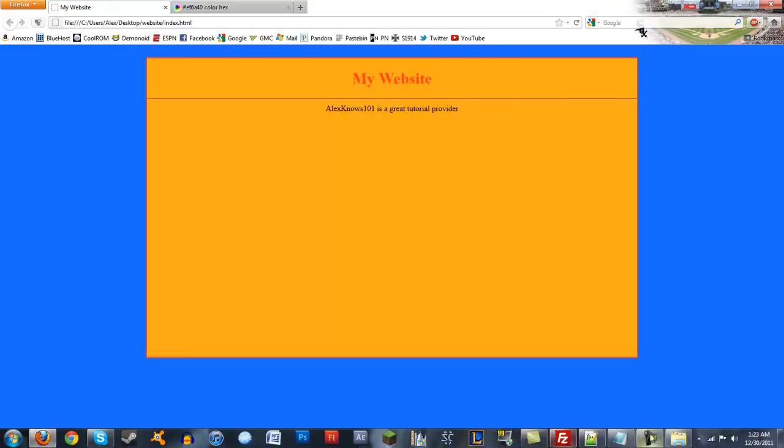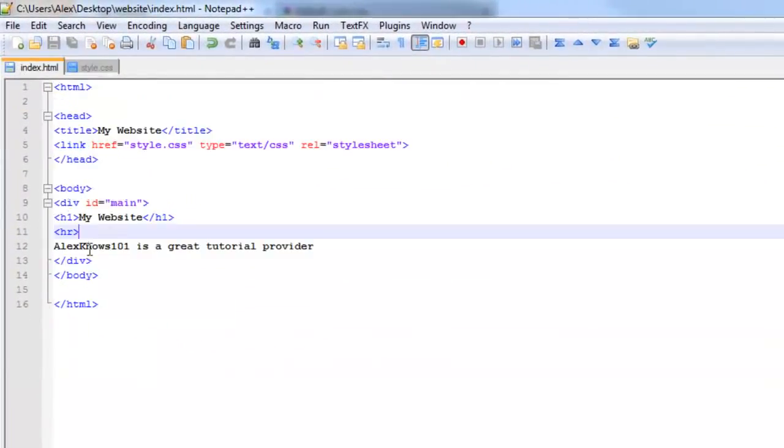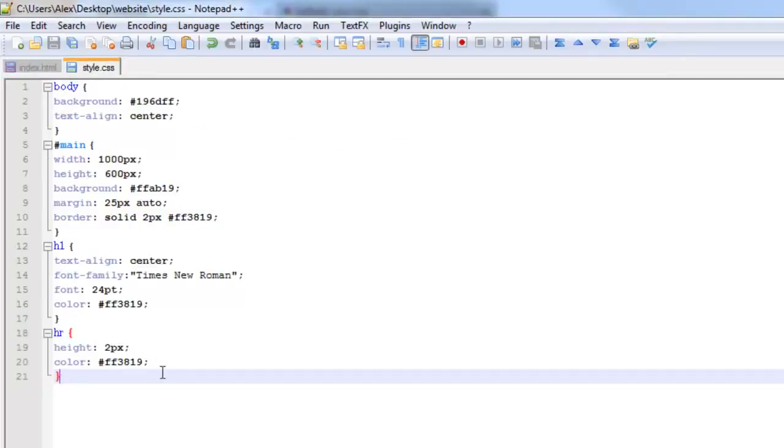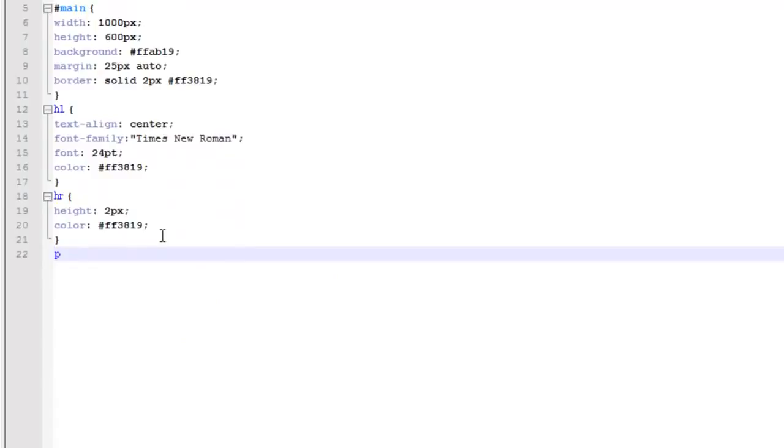And now the next thing that we want to do is this basic text here looks kind of lame. So a lot of text uses paragraph tags, which is just basically a P. So this P tag is what we're going to use for our paragraphs. So this is just going to be the first paragraph here. But then we want to style our paragraphs, so we're going to add this next element, just a P, and